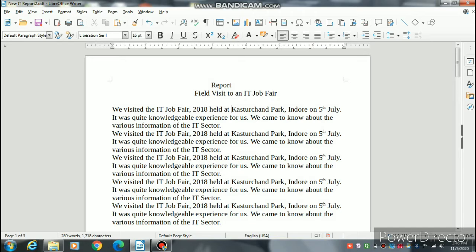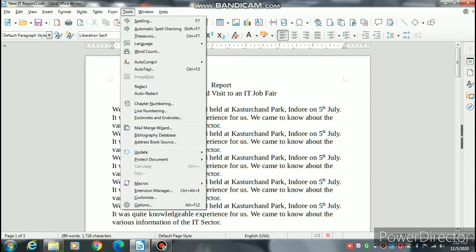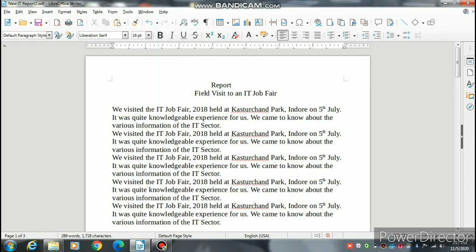Students, for spelling checking, you can use the automatic spell checker also. Again go to the tools and just click on automatic spell check. It checks each word as it is typed and displays a wavy red line under any unrecognized word. You can see customer is not found in the dictionary of the word processor. It is an unrecognized word, that is why this wavy red line appears under all these unrecognized words.